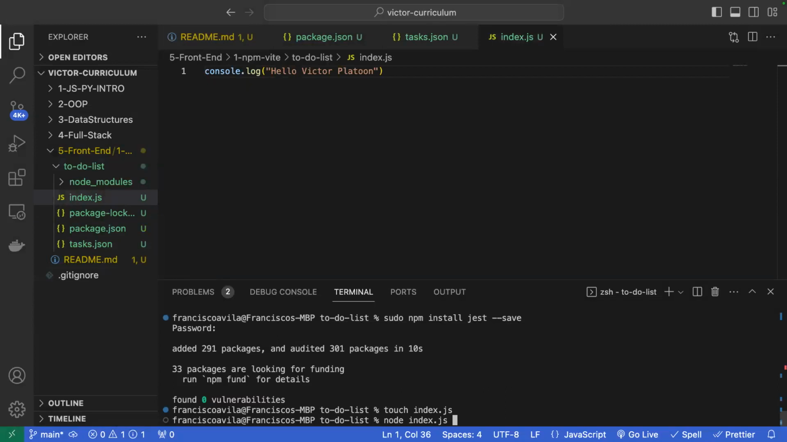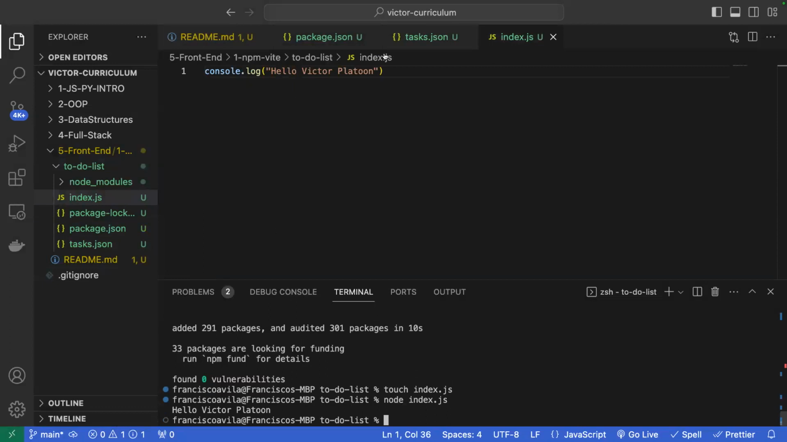Okay, perfect. So I could definitely run node with index.js, and we can see that node is actually compiling my console, right? But this isn't involving my package manager at all. So instead, what I'm going to do in order to compile this